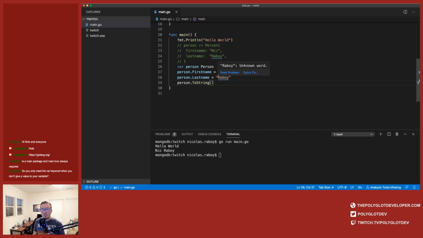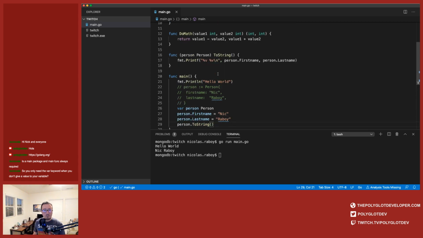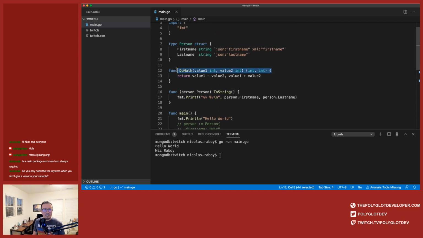I can always create function parameters or arguments to pass in as well. I could also set return values. It could be exactly like this. The only difference is I am now adding it to this particular data type. So it can be quite valuable. Probably not so much on the toString aspect of things, but it could be valuable in the long term.